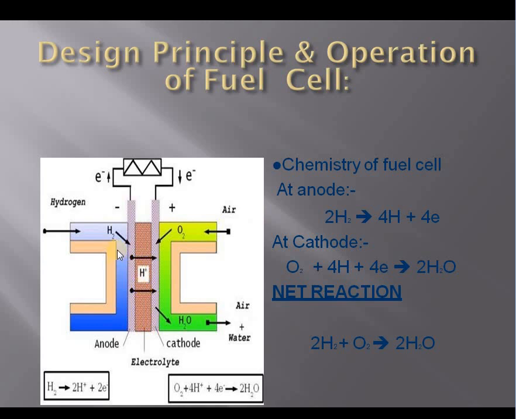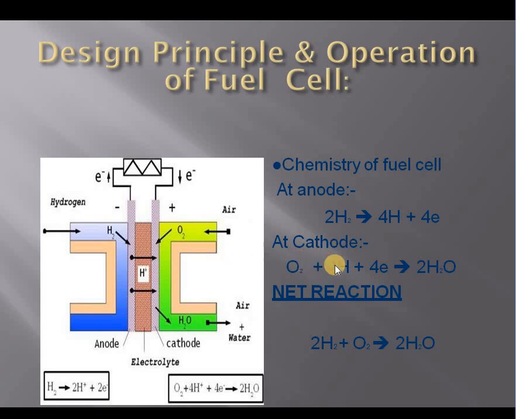Okay, now what is happening is the reaction is taking place here inside the electrolyte. So the hydrogen molecules are becoming H plus ions, and oxygen, H plus ion and O2, they both are reacting. So at anode what is happening? So this is anode, this is cathode. So what is happening at anode? The hydrogen is becoming 4 H plus ions plus electrons. Here if you see the reaction, 2 hydrogen molecules are becoming 4 H plus ions and 4 electrons.